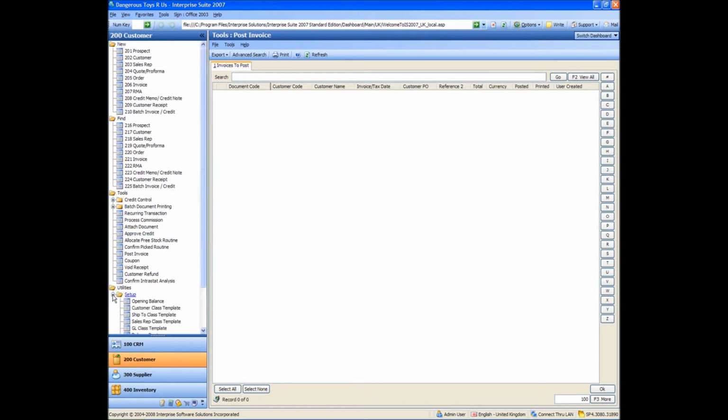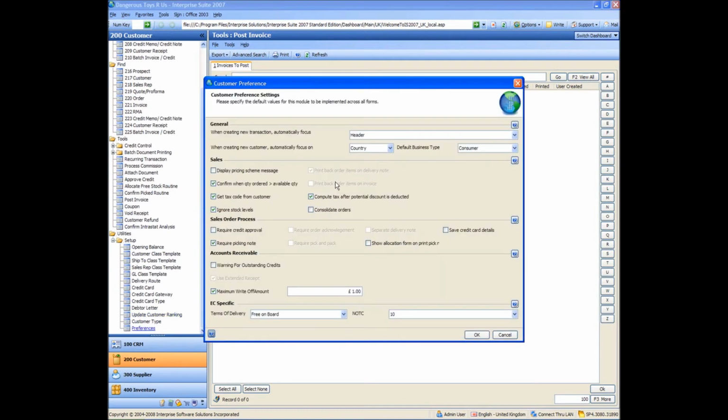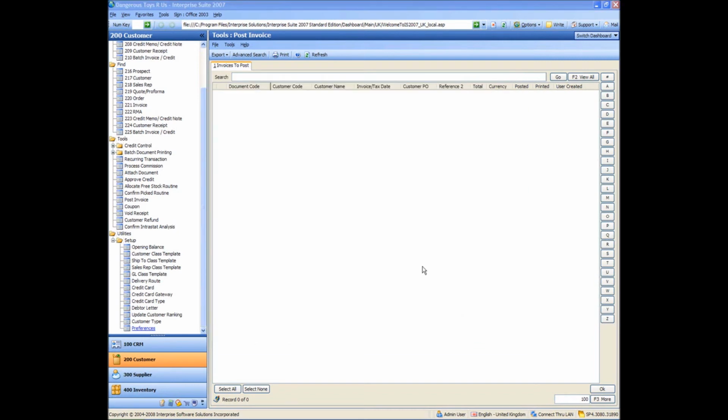I'm now going to go into customer preferences and turn ignore stock levels off. So basically now stock levels will get taken into account when I'm invoicing, so I won't be able to invoice more than I've got, so the stock levels won't go negative, whereas when ignore stock levels was on, I can just invoice whatever I want to invoice with, regardless of what the stock quantity says. So I change my stock levels to off, and I'm going to create another sales order